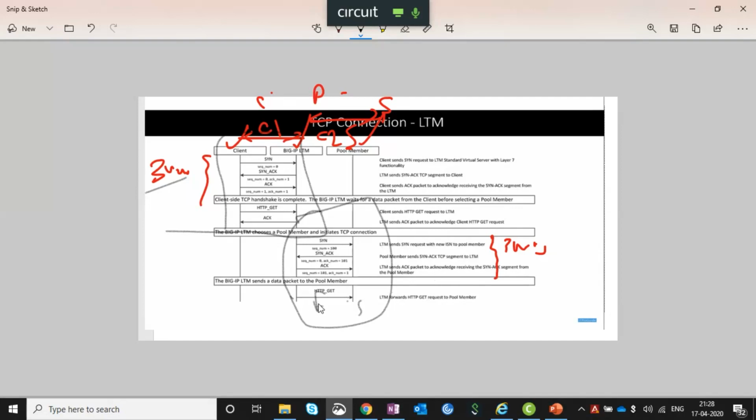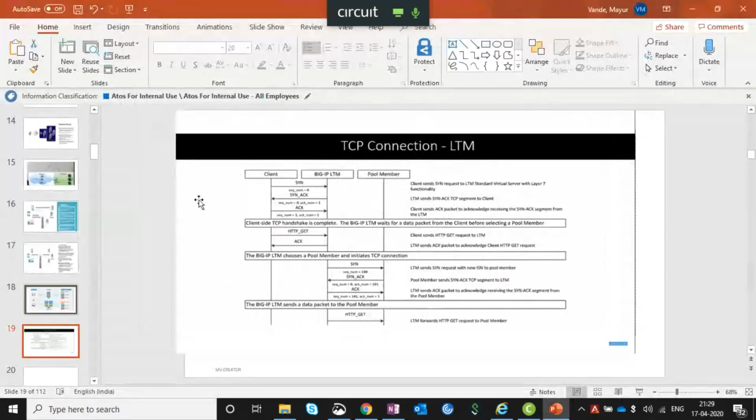Here we get the acknowledgement from the server side. Once you get the acknowledgement, you are able to send and share your information between the F5 and the pool member. So that is how the TCP connection of LTM takes place, and this is referred to as the full proxy architecture. Thank you for